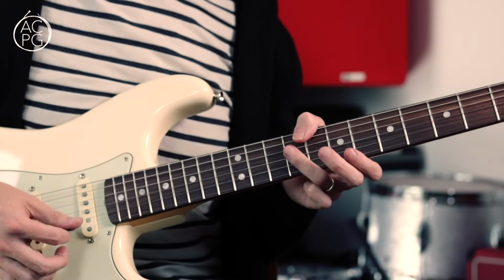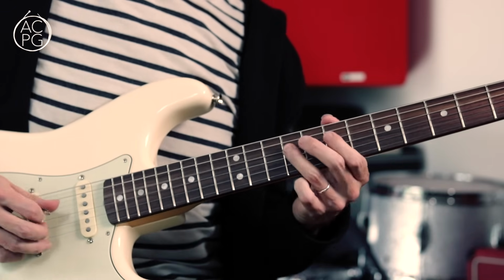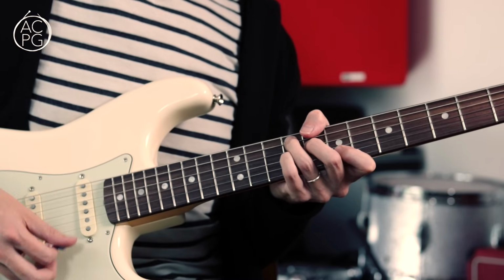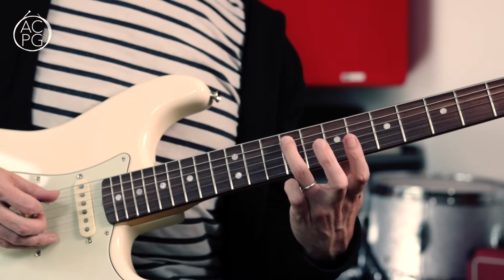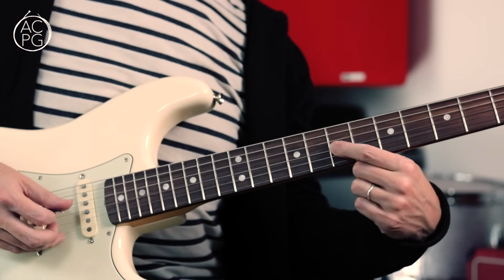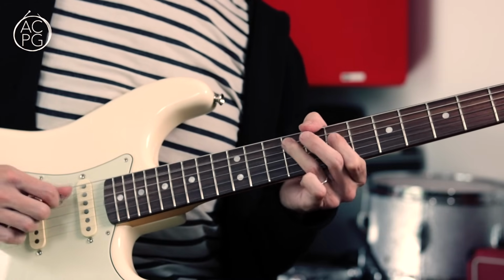And back to the same rhythm thing we've had before. And another lick. And this lick is taking us into the 5 chord, and it's all B minor pentatonic. So starting on this F sharp, up the scale, and then down again, and then